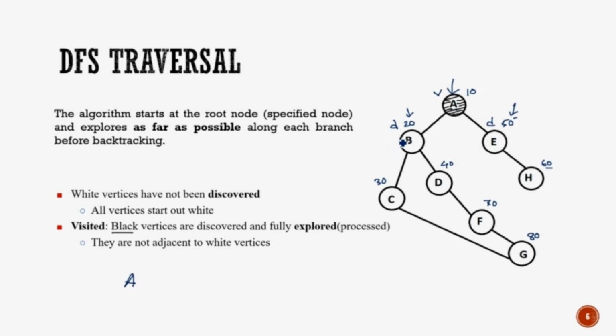So we moved towards node B. When we came to node B, we discovered two more nodes, node C and node D. And since we came to node B, we know that the content of the node at address 20 is B. So we can print the content of this node. And as B is visited, we can color it black. Actually, we can find three adjacent nodes of node B. But as node A is already visited, we are interested in node C and node D only.